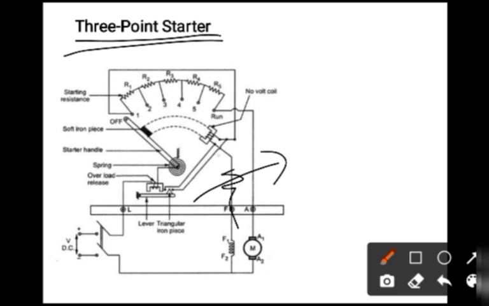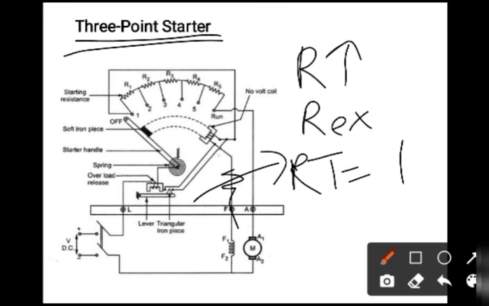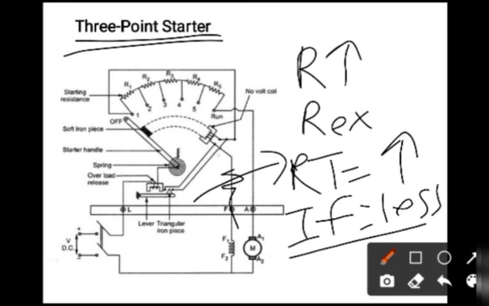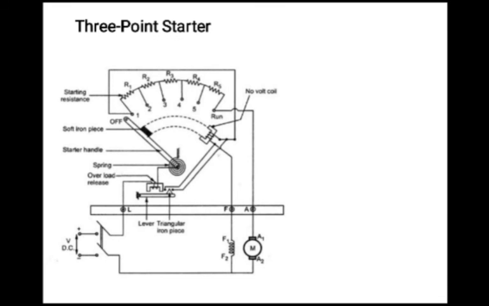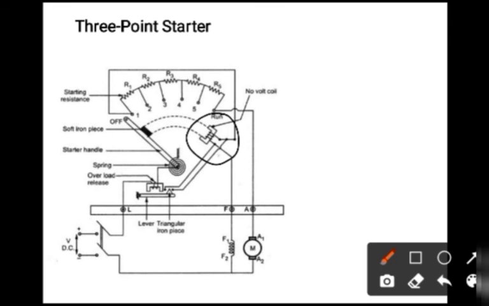Once again I am repeating, when the handle is at the final position, the resistance present in the field circuit is high. While performing the speed control exercise, we can add external resistance in the field circuit. So the total resistance is very high. Due to the high resistance, the current flowing through the field winding is less. So this current is also present in the NVC coil.